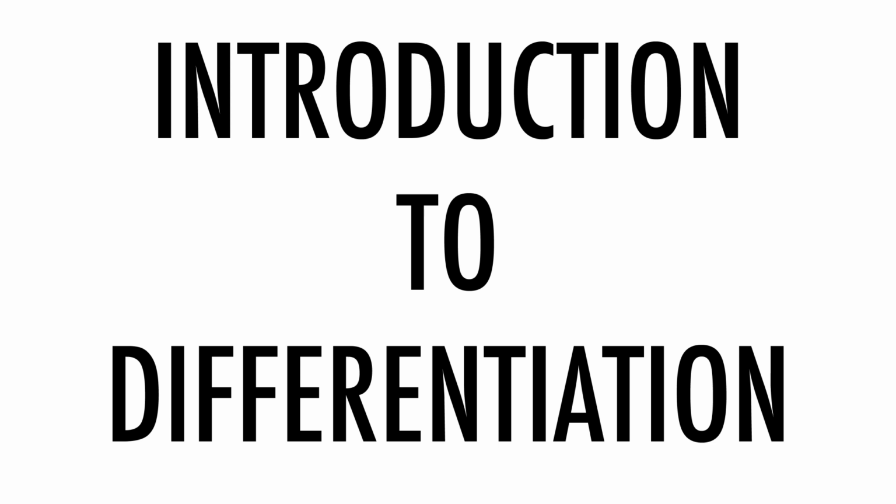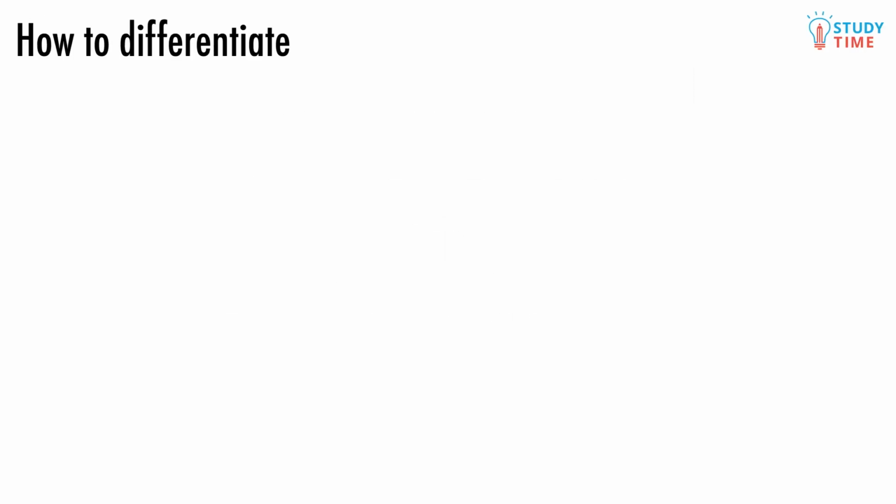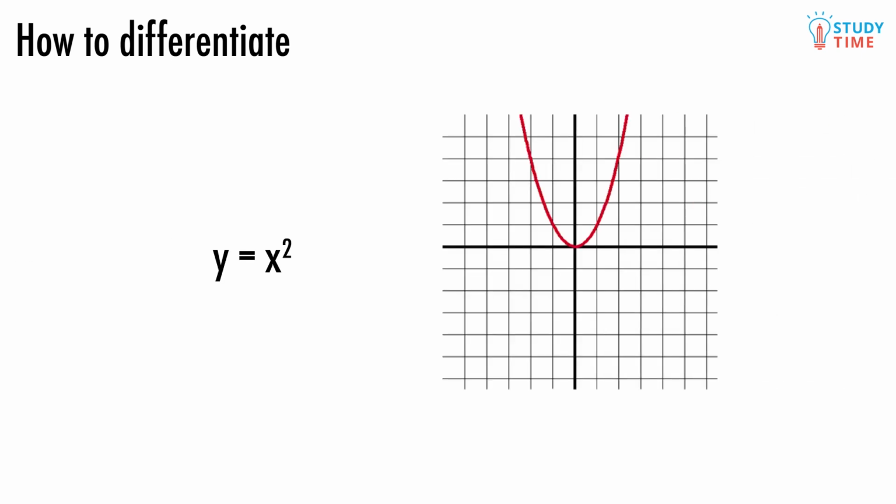Before level 2, the only way you knew how to find the gradient of the line was to take 2 points and divide the change in y over the change in x. You know, rise over run. But look at this parabola, y equals x squared. The problem with rise over run here is that the gradient of the parabola is constantly changing. So we're going to have to abandon our good old level 1 skills and move on to something more powerful,